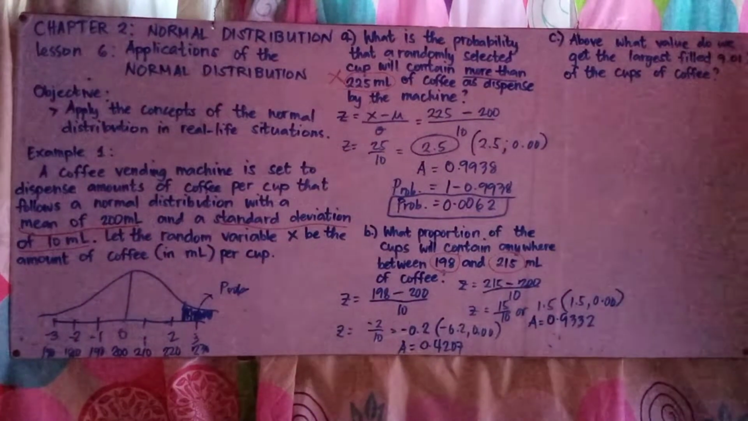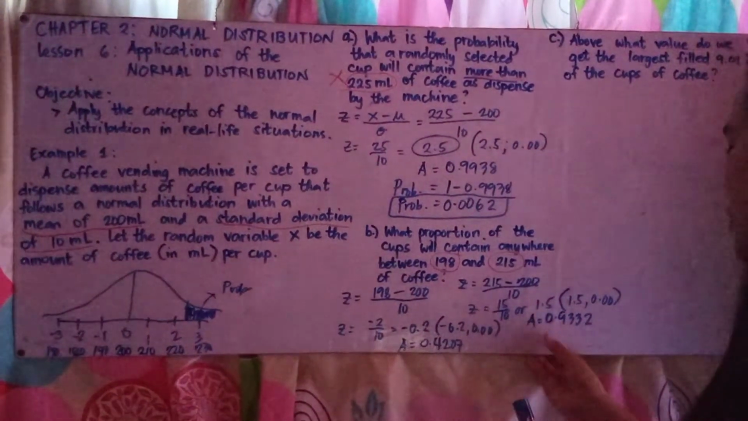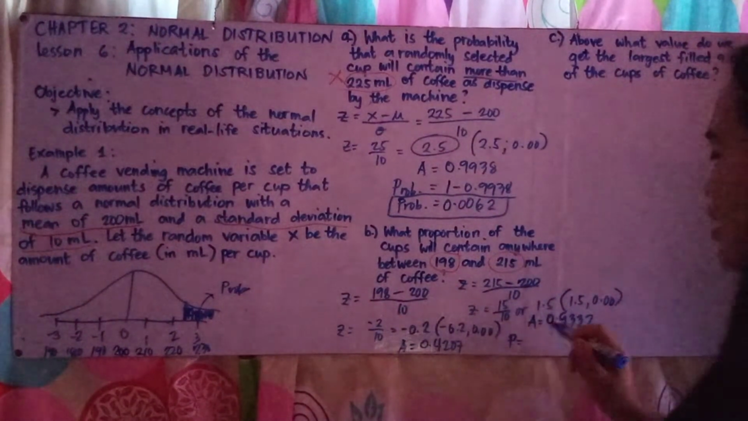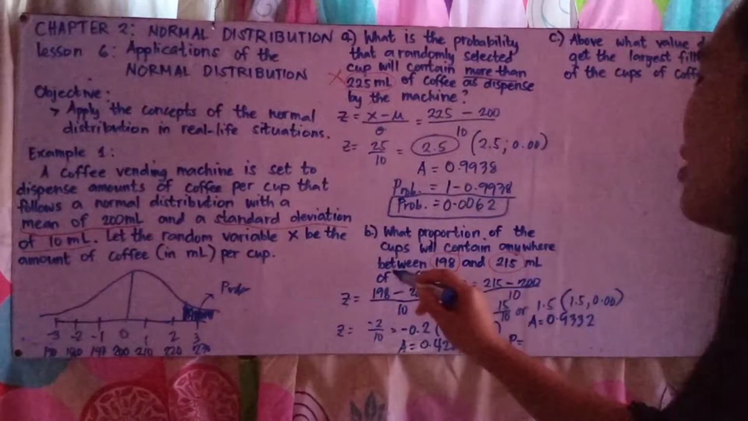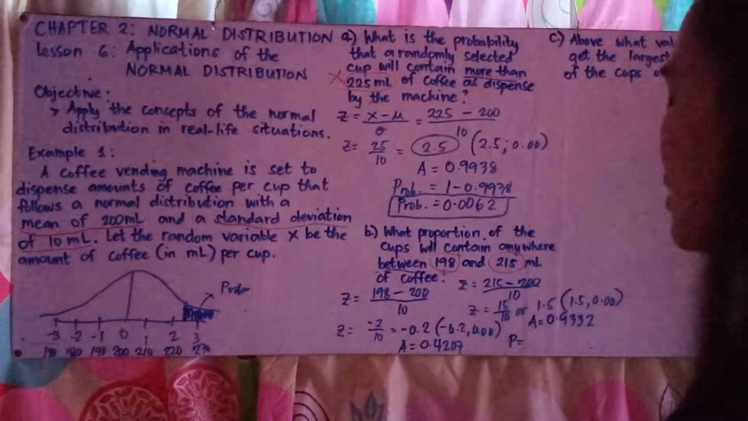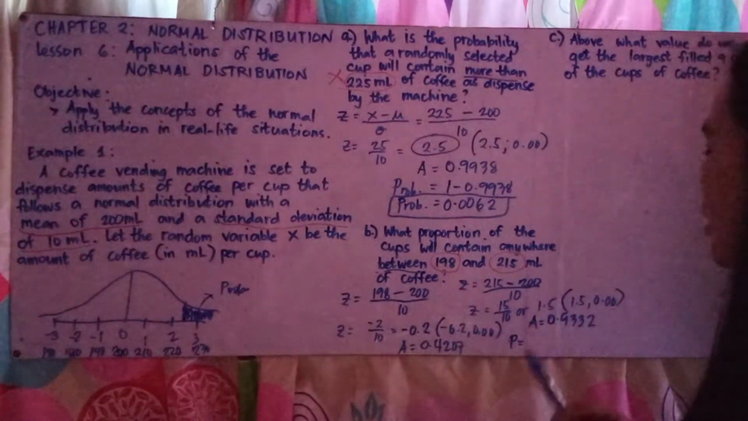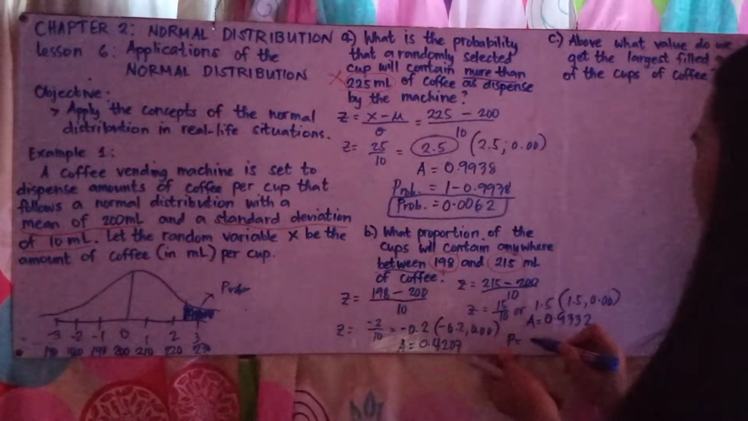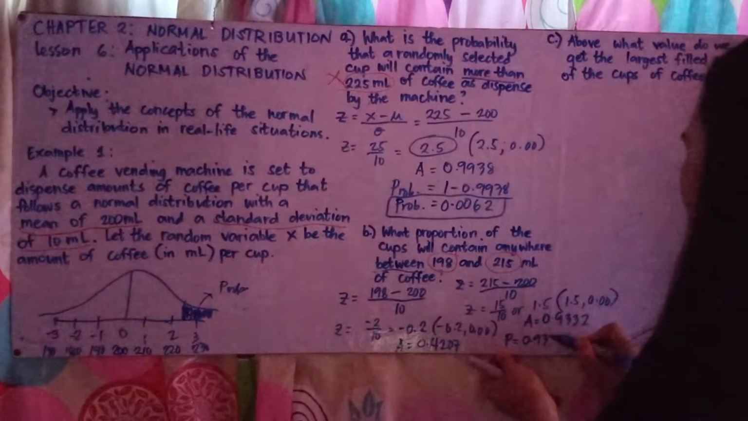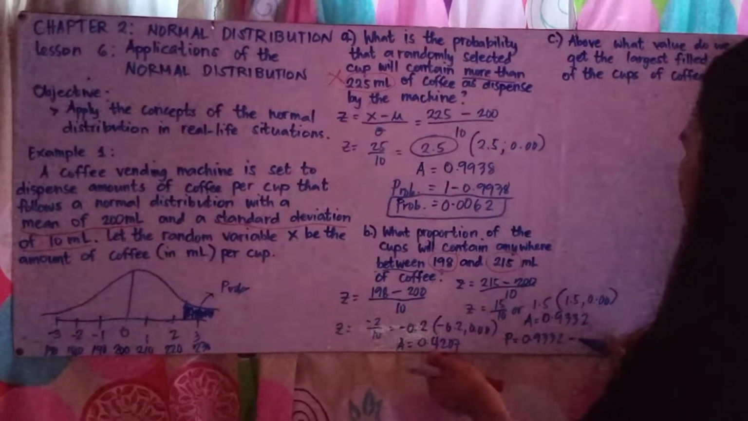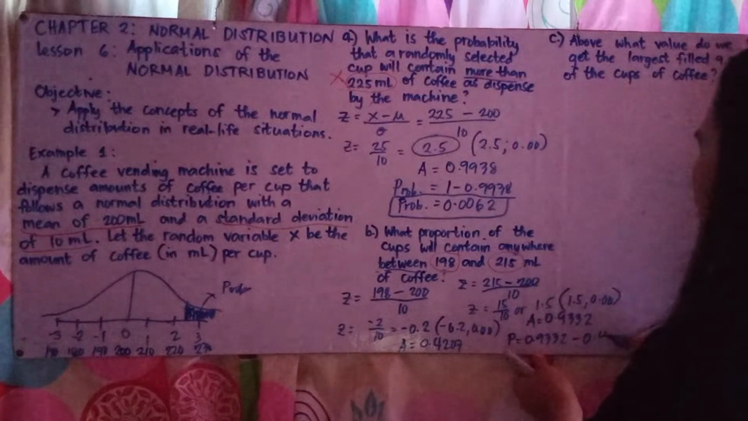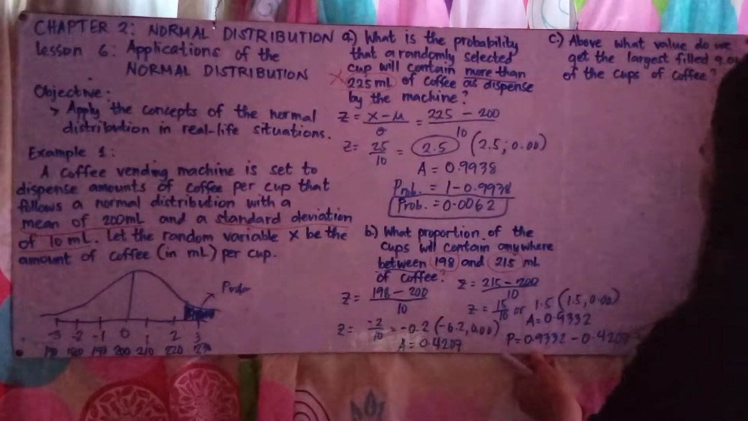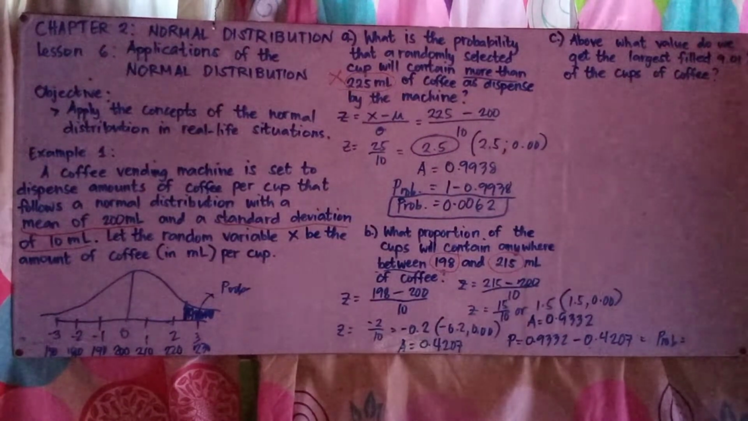0.9332. So, to solve for the probability, since the given is "between," as in our previous discussion, when it is between, you just subtract their areas. 0.9332 minus the area of the other, 0.4207. So, the result, the probability is